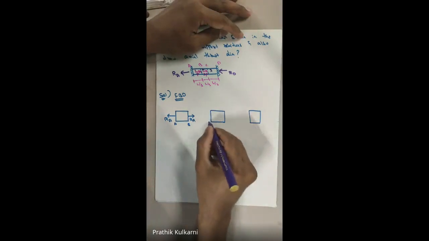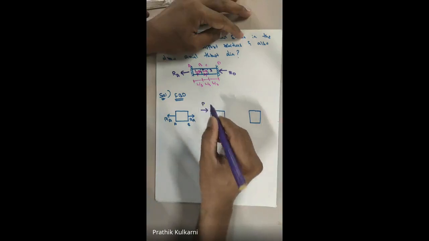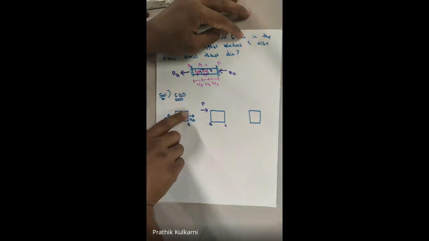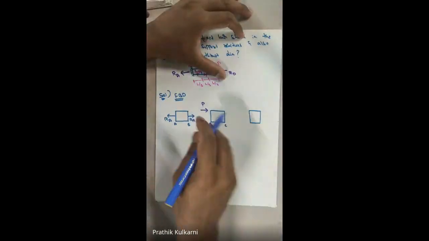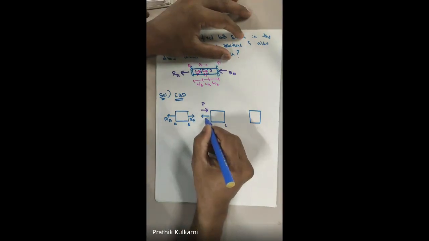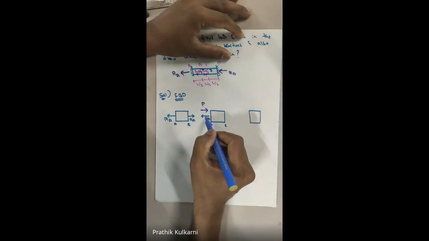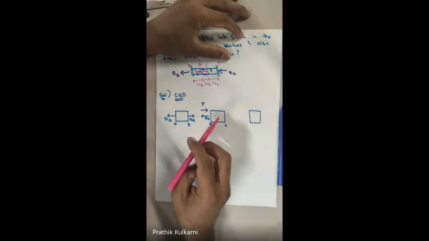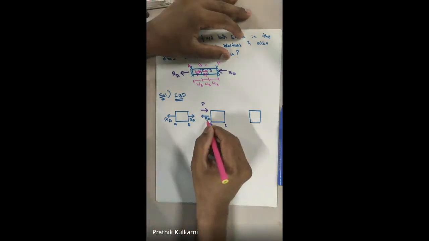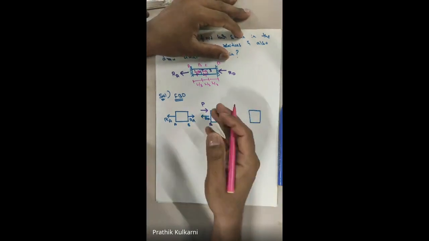But if you see on my portion BC, on the same point B, we have a force of P. Yes or no? We have a force of P. If this is the RA on the B portion, to counteract your RA, the direction should be towards left, which is RA. But what is the actual force? It can be RA minus P, or it can be P minus RA. Yes or no?